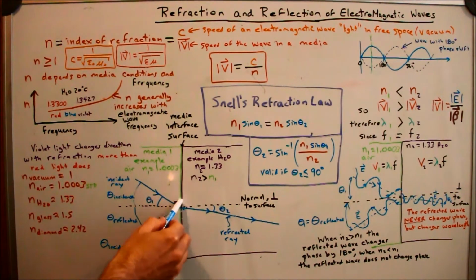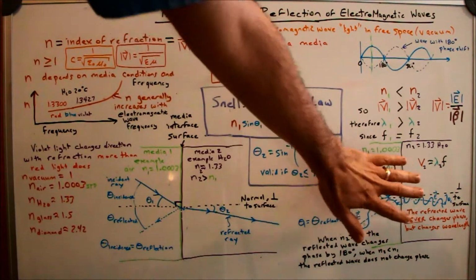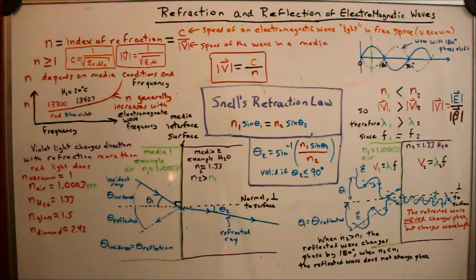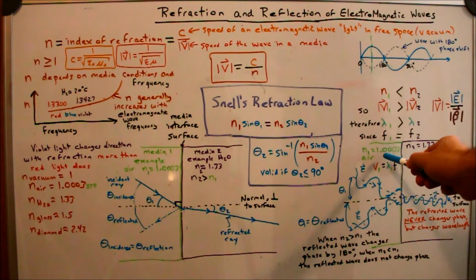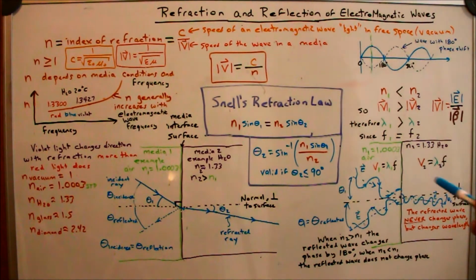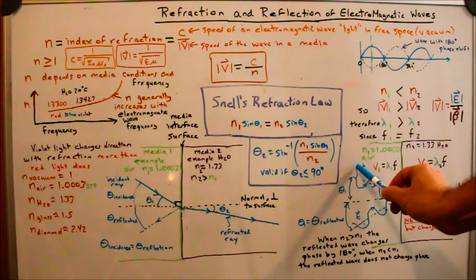So if I zoom in right around there and look at it microscopically, that's a picture right here. It's the exact same thing going on. I've got my air on this side, my water on this side, low index of refraction, high index of refraction. Here's my theta 1 coming in, and what I've drawn is